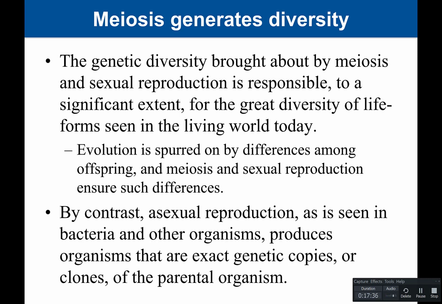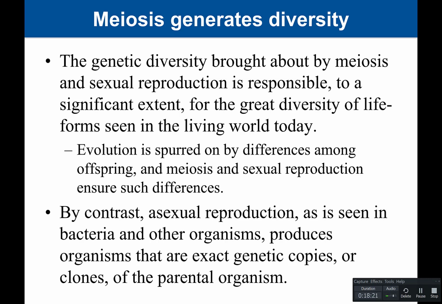of the parental organism. So if you think about it, right, sexual reproduction is going to be used to generate diversity. Why is that important? Well, because if you have diversity within a population, and let's say some disease comes into that population, if everything in the population are clones and they're all exact copies, the disease could wipe out that population very quickly. However, if you have genetic diversity, you might have some people that are resistant and some people that are not, in which case that will keep the species going. And so meiosis and sexual reproduction is used for genetic diversity, which is eventually going to lead to things like